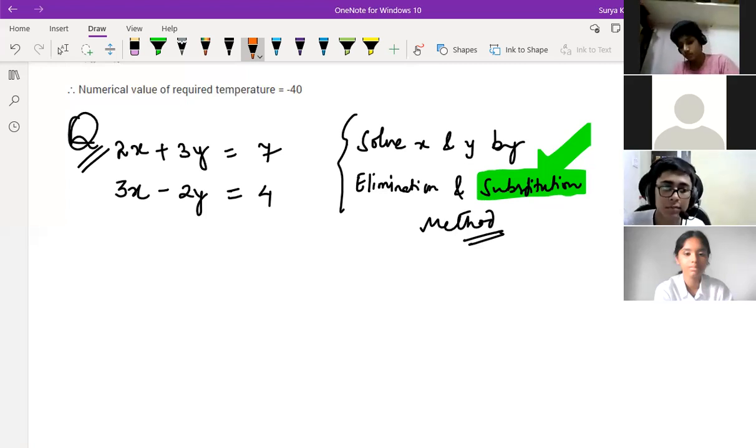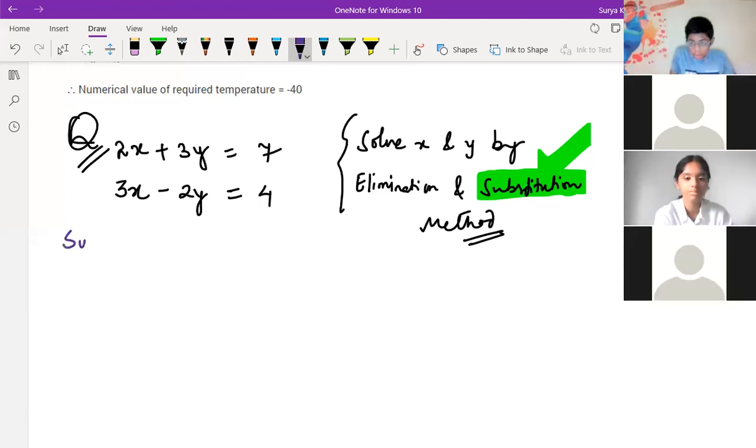Okay, fine. Children, first you see the substitution method because everyone has done it. In the substitution method, what should we do? Shriyanvi, did you get the answer by both methods? "I'm still doing it, sir." "I did the elimination one." You get 2 and 1 as the answer. "Yes, sir." All right, fine.